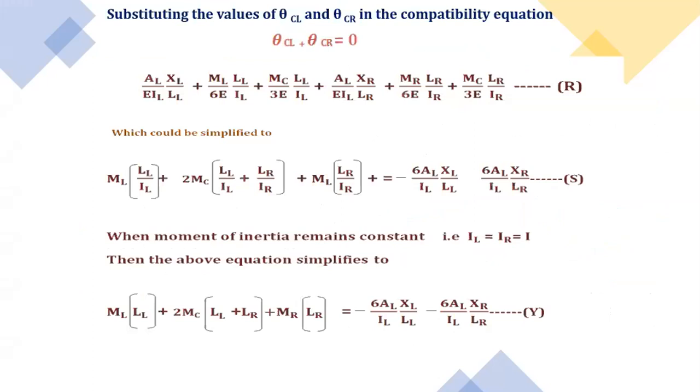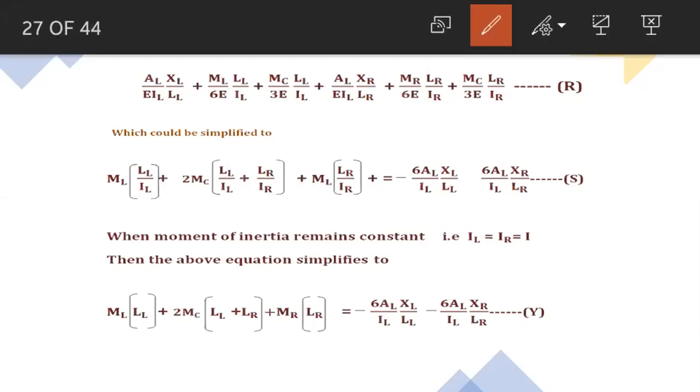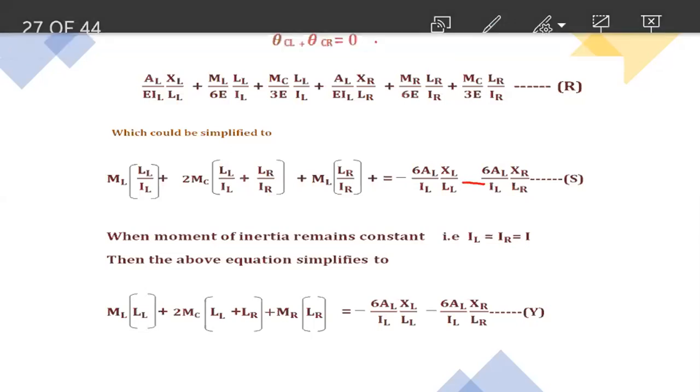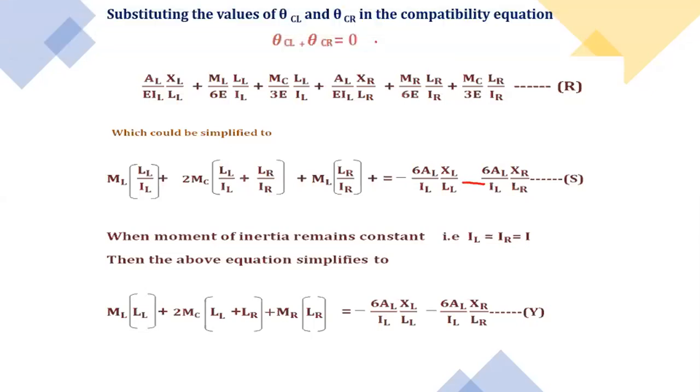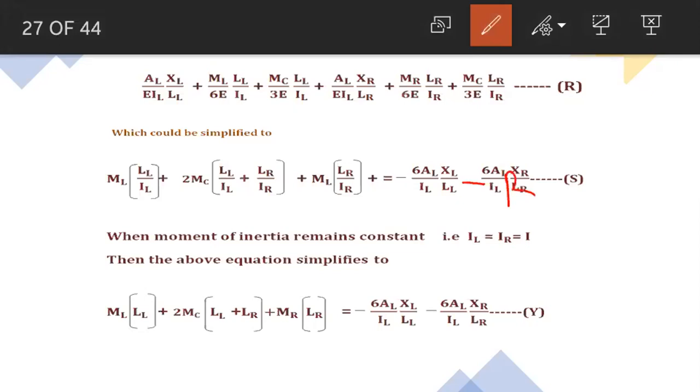Theta CL plus theta CR. If we can simplify the equation, we will get ML LL by IL plus 2MC LL by IL plus 2 LR by IR plus ML into LR by IR equal to minus 6 ALXL by ILLL, and there is some mistake again, that is also minus 6 ARXR by